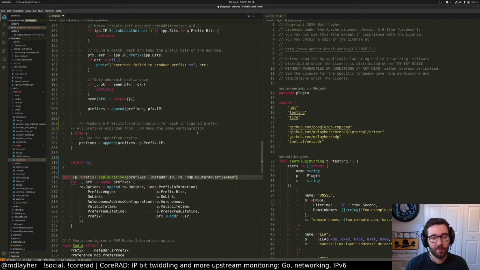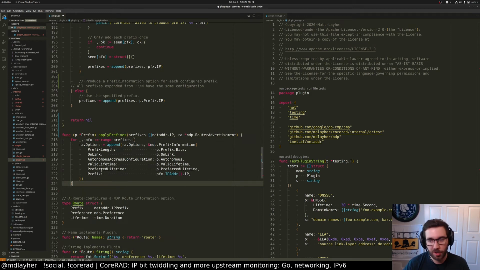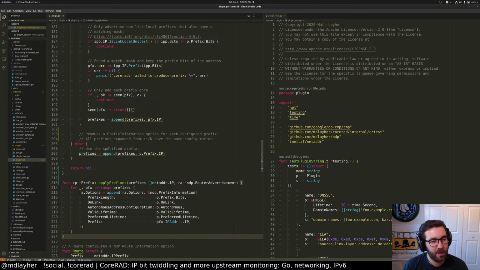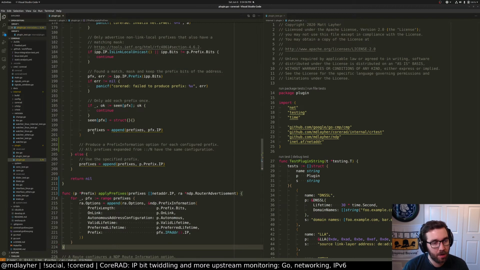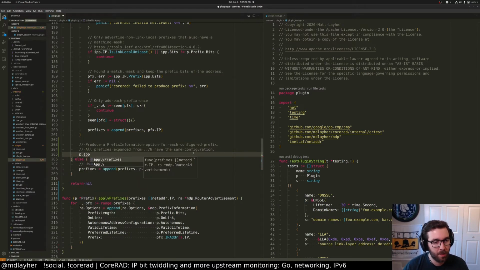NDP router advertisement. And I guess in this case, we're going to be manipulating it directly, so we don't really need to return it, because we can manipulate it through the pointer instead. So P apply prefixes, prefixes array.